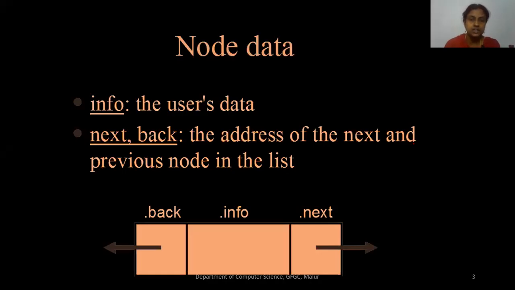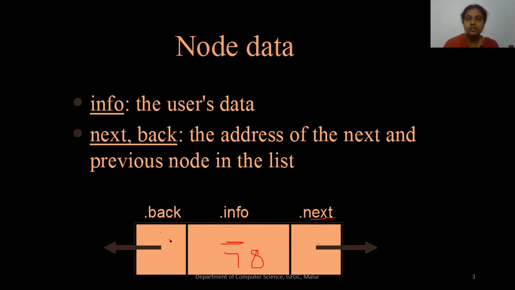So the linked list structure will be like this. The node is divided into three areas. You will have this as an info part where you can specify the data like this. Then your address will have two parts. The front one we can call a back, or we can call it a previous node. This one usually we represent as a next node. Previous node and next node. Previous node will hold the address of the previous node. Next will hold the address of the next node.